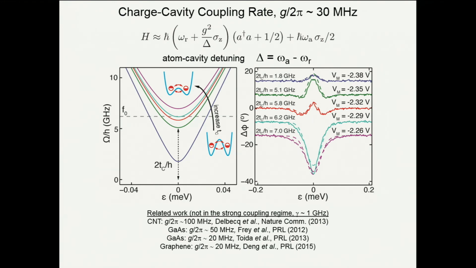sigma z. And the amount of the dispersive shift goes like g squared, this coherent electric dipole coupling, divided by delta, the atom cavity detuning. And therefore, the photon energy is dependent on the state of the qubit. This is the key ingredient for QND. We can use photon measurements to perform a non-demolition measurement of a qubit, but I think what you're suggesting is